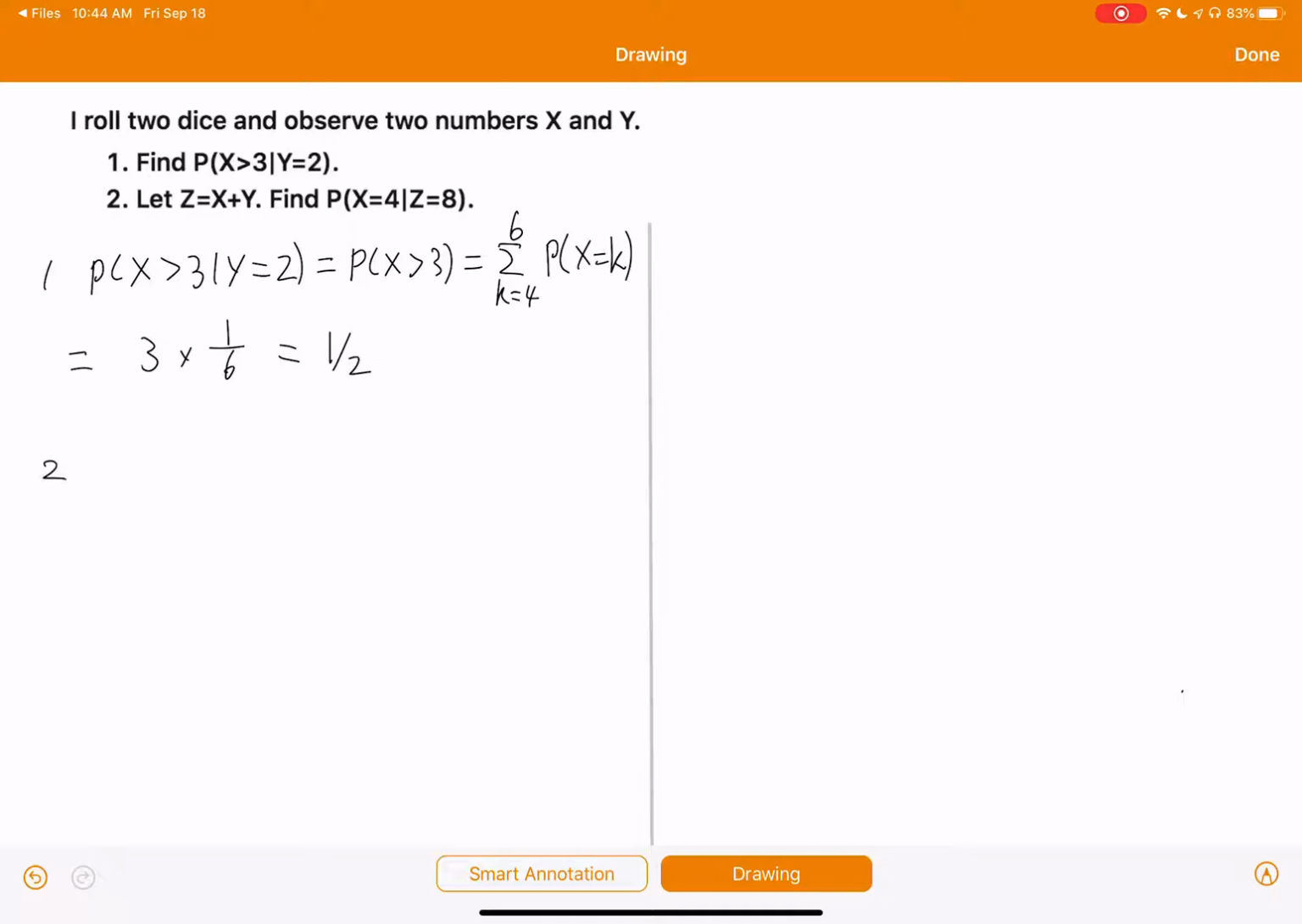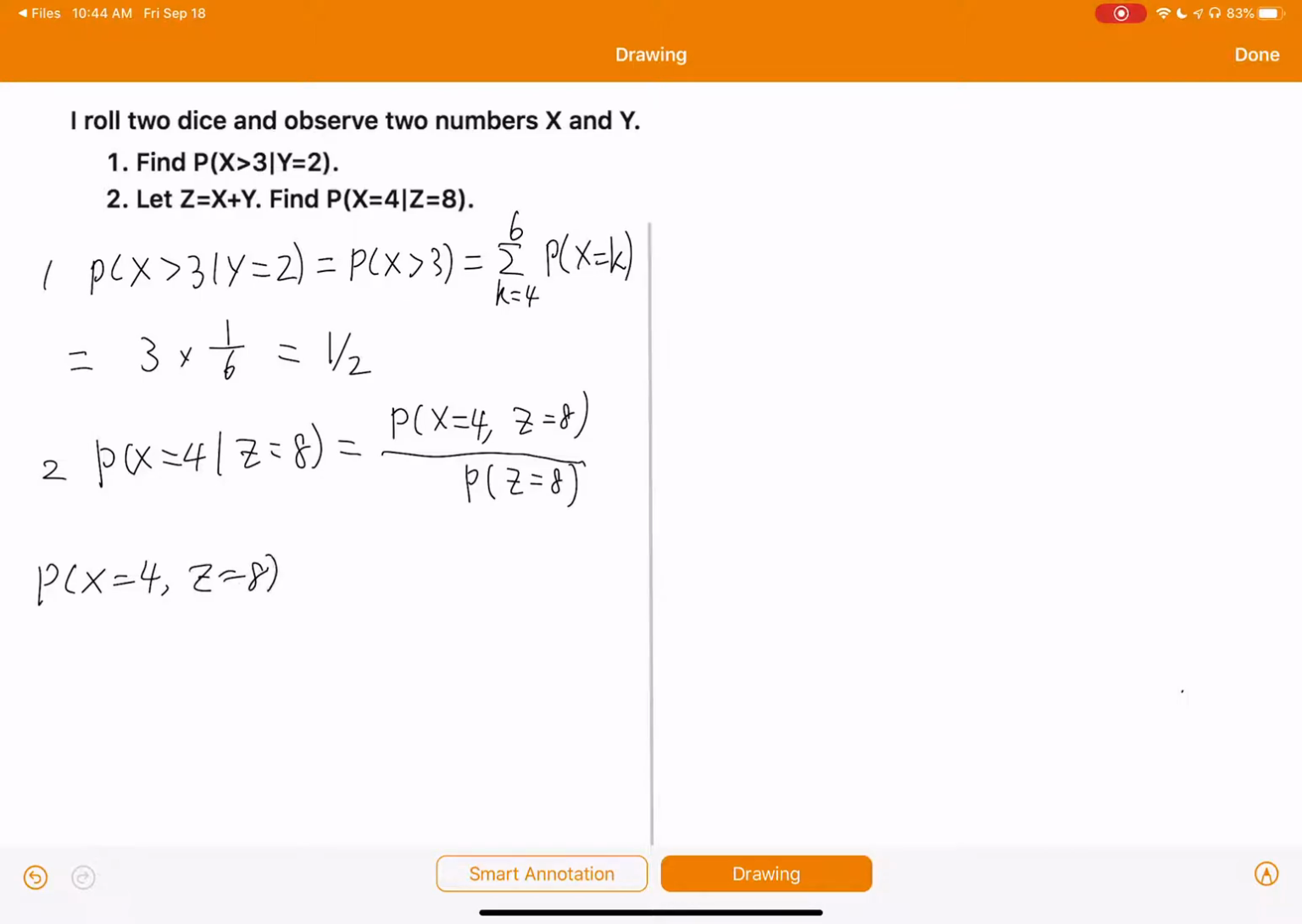Number 2, probability x equals 4 given z equals 8. Based on the formula for conditional probability, this is equal to probability x equals 4, z equals 8, divided by probability z equals 8. Let's first calculate the numerator, which is easier. The probability x equals 4, z equals 8 is equal to probability x equals 4,